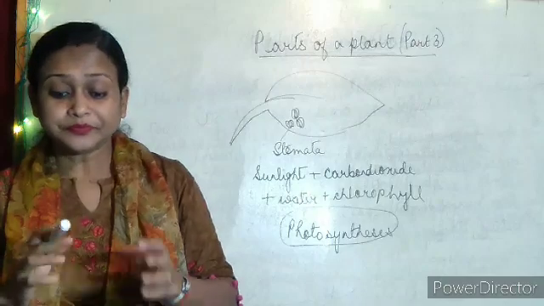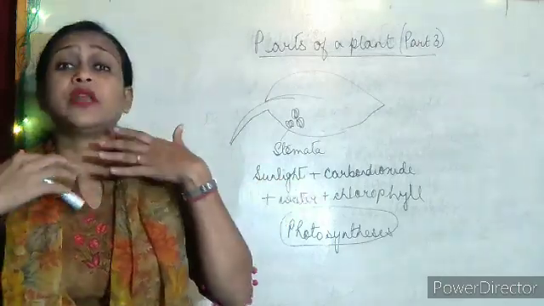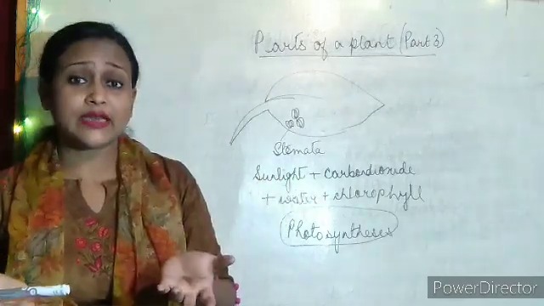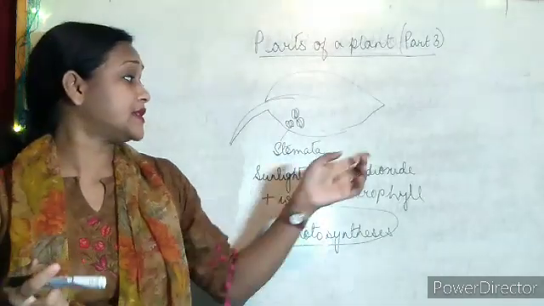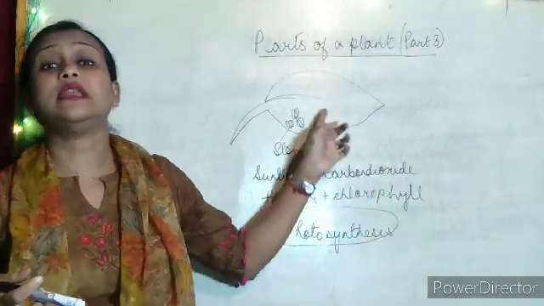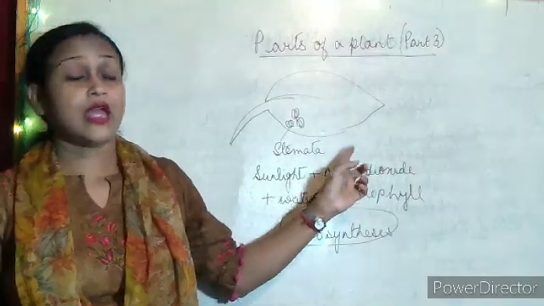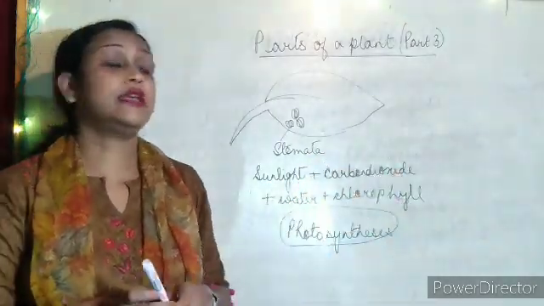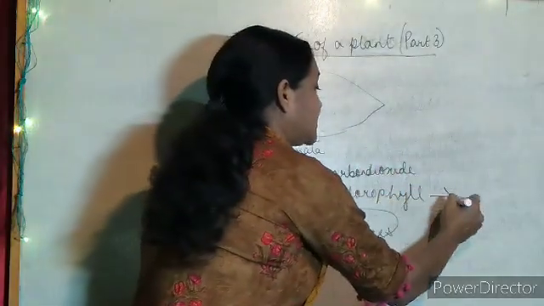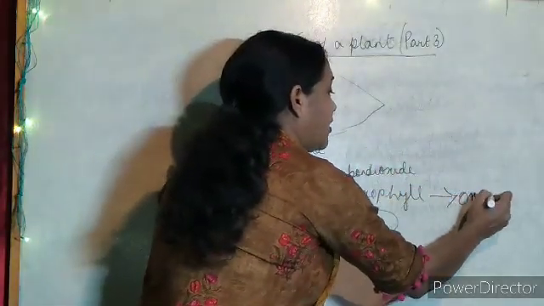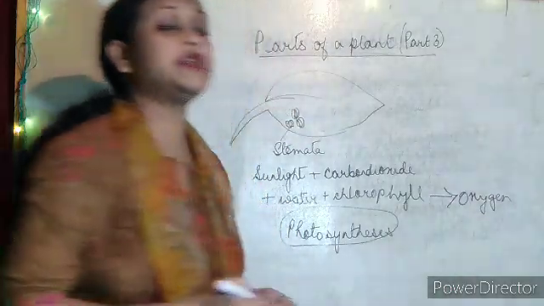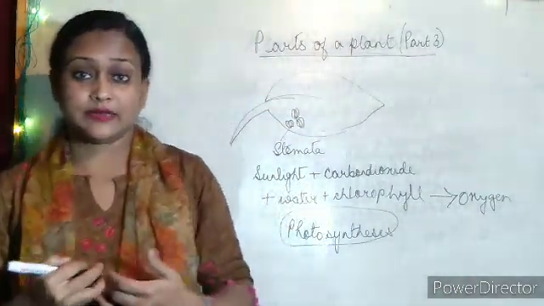So you can see, what we breathe out is carbon dioxide gas. This carbon dioxide gas is taken by the leaves of the plants for making food, and after making food they give out oxygen, and this oxygen is taken by us.